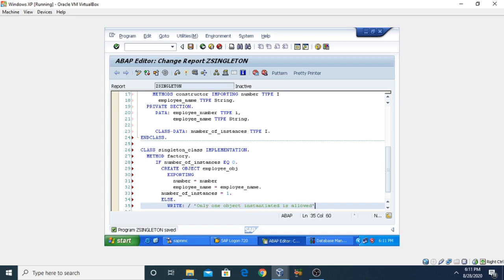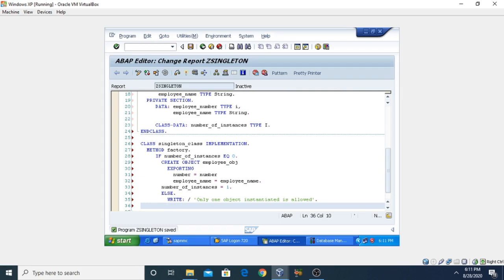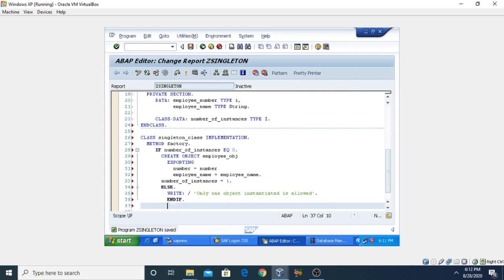I have given the message so that if there is already an instance existing in the class, it automatically displays the message. Now we need to end the if with endif, then we need to end the method. So this is our endmethod. Use the pretty printer here.